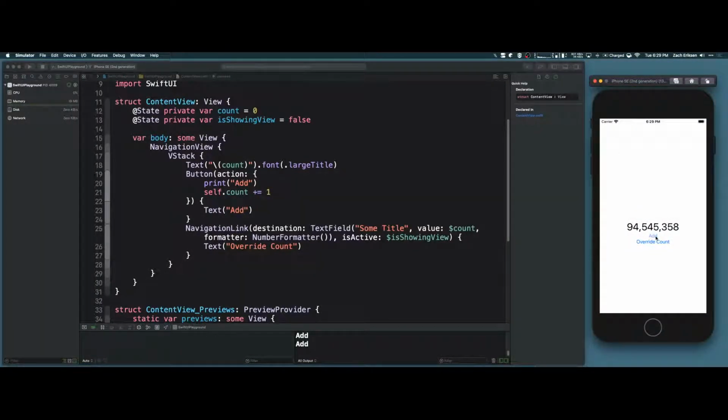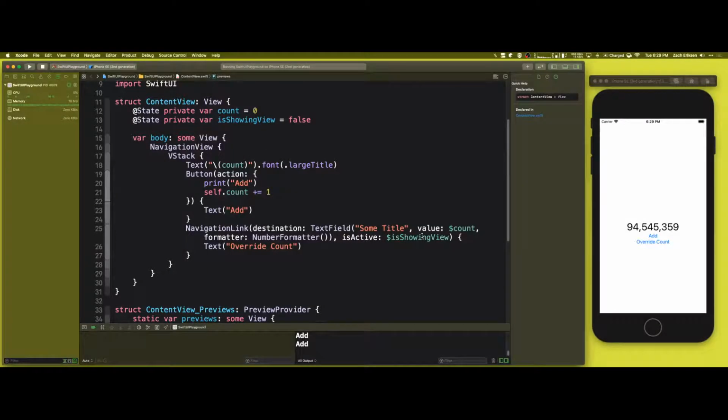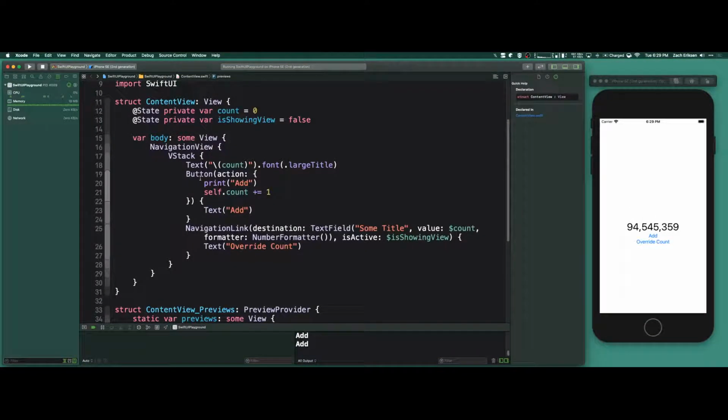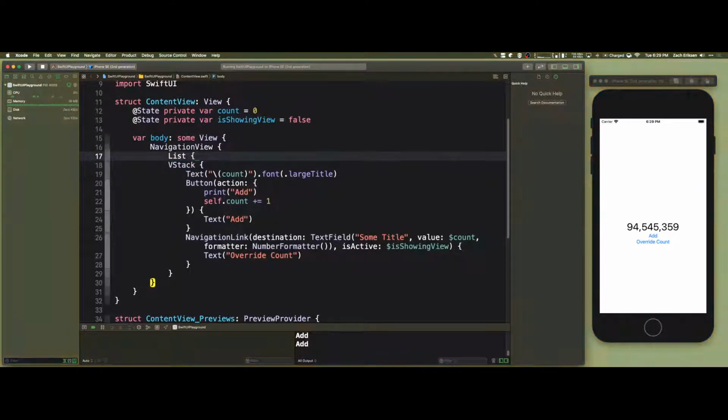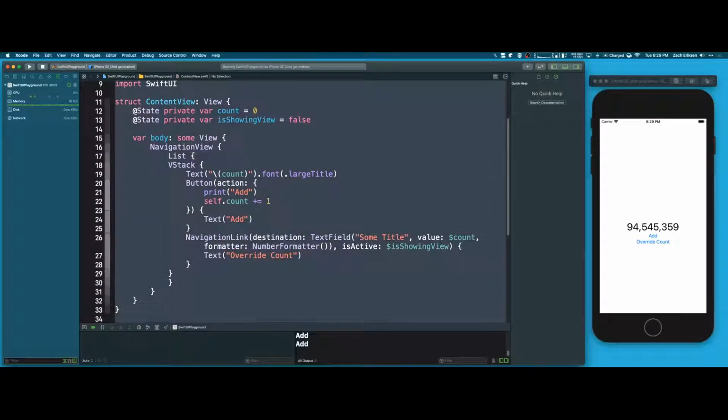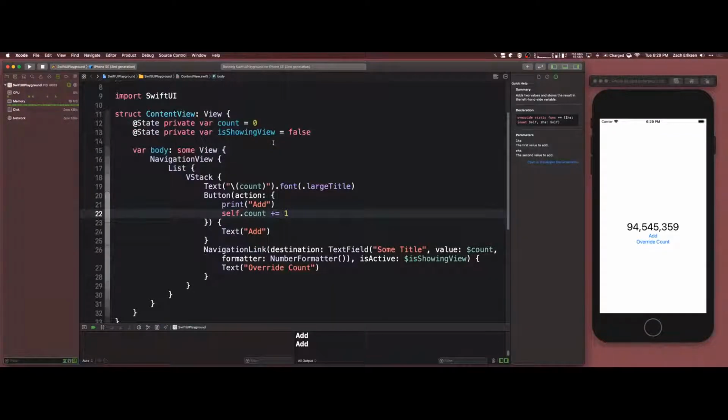Should be a lot better than UIKit, I hope, or at least close. But okay, so we have this, we have that. We're trying to figure out what else. I guess we can just show some cool stuff that you can do. So I don't want to pull the thing back open. We'll just throw everything in a list, and see how easy it is to build a table or